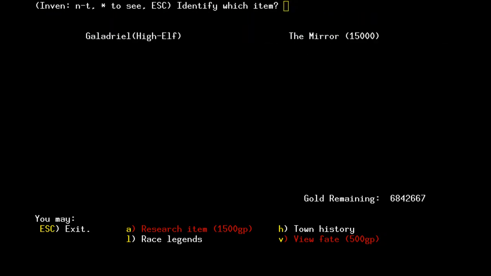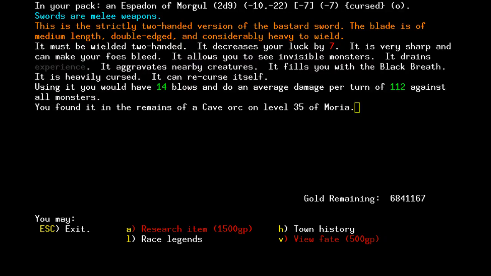An Indestructible Amulet of Searching, which seems like a waste. An Espadon of Morgul. Morgul blades suck. Obviously, you don't want to equip one by accident. But, as I said, they can give you some nice things to put on custom artifacts. For instance,